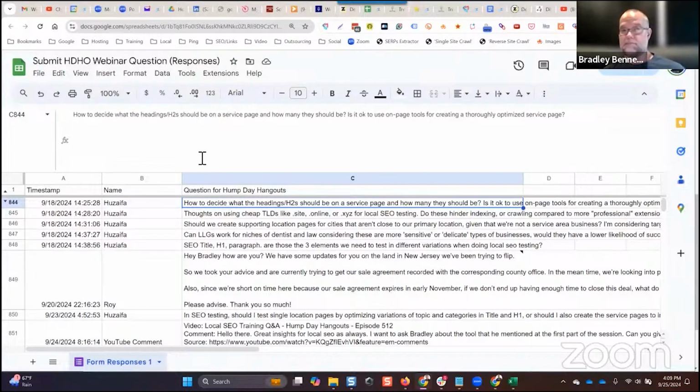And I found that for local SEO, you can convey to Google exactly what the page is about through the main optimization elements of the page, which is titles, headings, and subheadings. That's it. You don't need content. You don't need much content. If you want filler content to make sense to a human visitor, by all means put that content there. But doing those types of on-page optimization tools where you try to get your score to 100%